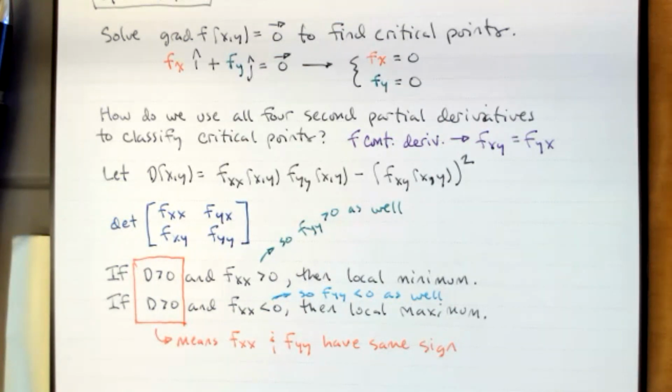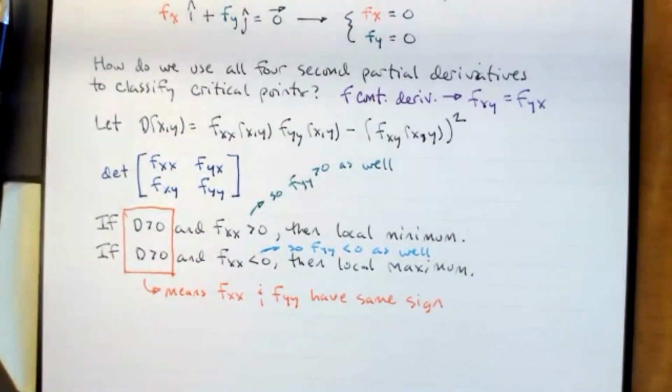Note that I'm multiplying Fxx and Fyy. If I calculate D, since I multiply Fxx and Fyy, and I come out with a negative value, that most likely means that Fxx and Fyy have opposite signs, because that first term will be negative, and we're subtracting something from it, making it more negative. So if D is negative,